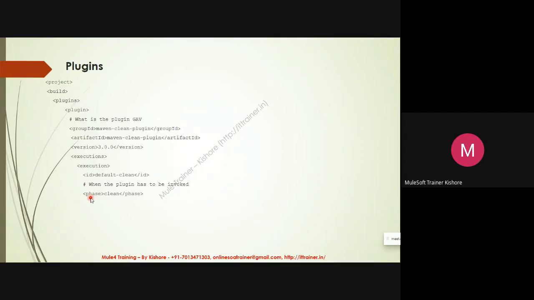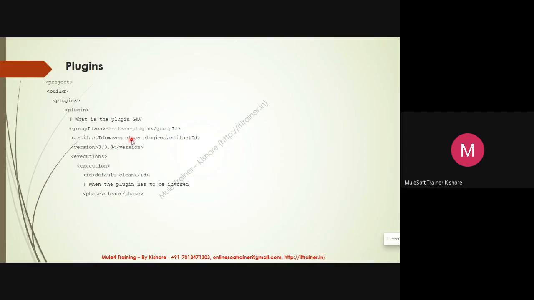Here we were using a plugin. What is the plugin GAV? My plugin is the Maven clean plugin, with that group ID, the artifact ID is clean plugin, and the version is this. It needs to be executed in the clean phase.